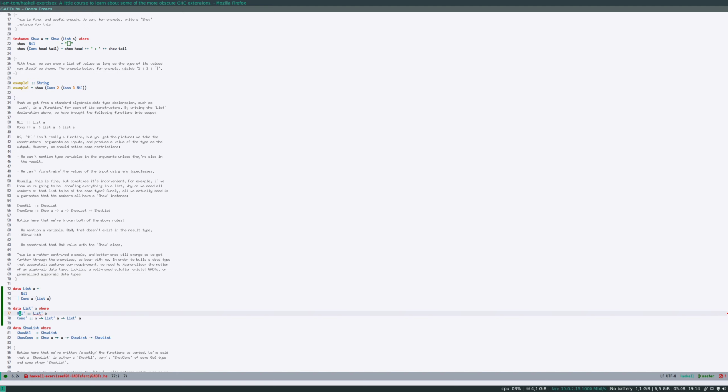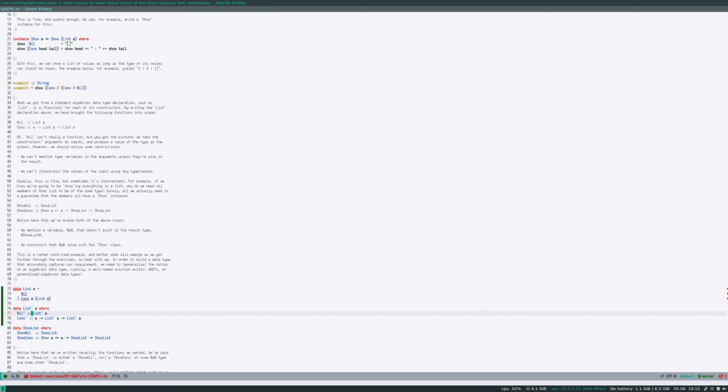So as we can see, for this list, it's just a more verbose version. So we get more or less the same thing. We're just adding a where. We're adding the type here of the constructors,